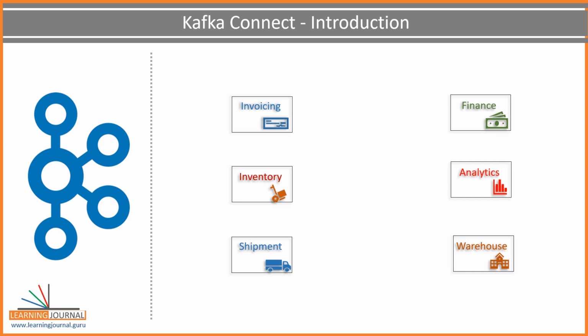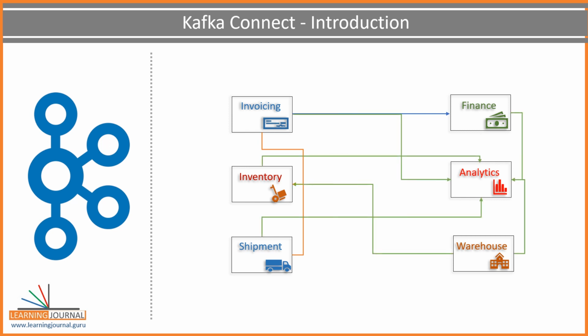However, they also need some additional data which is created and owned by other systems. For example, financial accounting software needs data from an invoicing system. An inventory management system needs data from invoicing, warehouse, and shipment. Analytics would need data from all over the enterprise, right? So, data integration is a common problem. You start solving it, and in some time, it becomes a messy network of data pipelines. When you reach that stage, it becomes almost impossible to maintain it. LinkedIn created and used Kafka to simplify these pipelines.